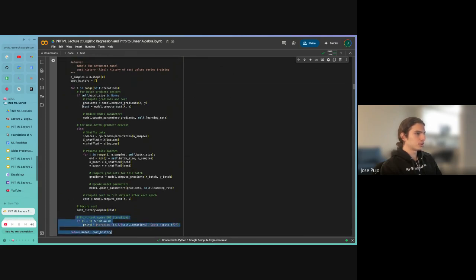So don't worry too much about this just yet. It is mainly in order to update our parameters. So to update our parameters, we use our gradients. It's that simple. You calculate your gradients, you update your parameters. You calculate your gradients, you update your parameters. And you just run that over and over and over again until your model converges. Does this make sense?